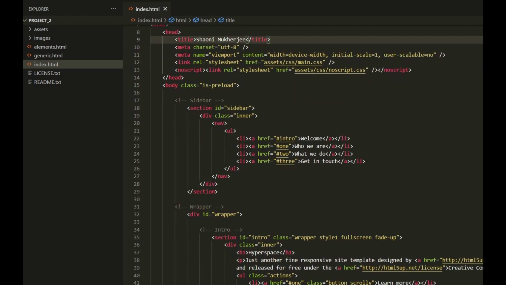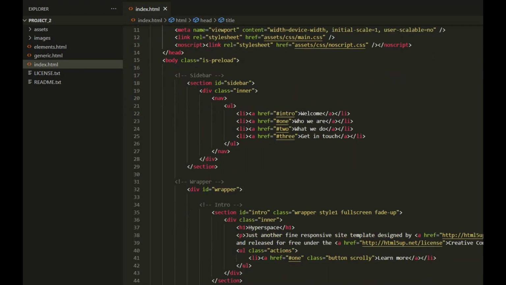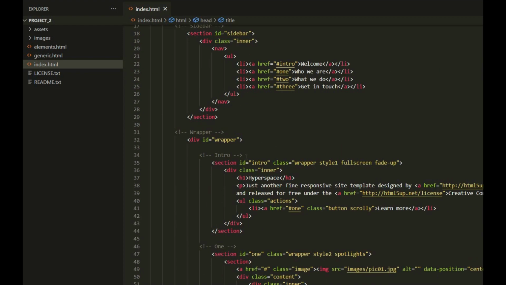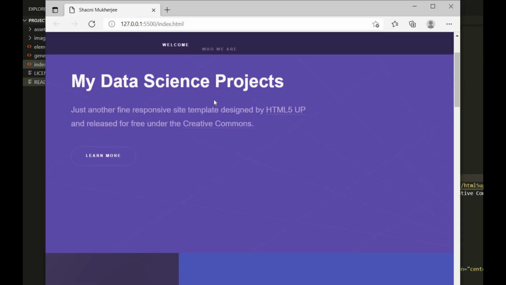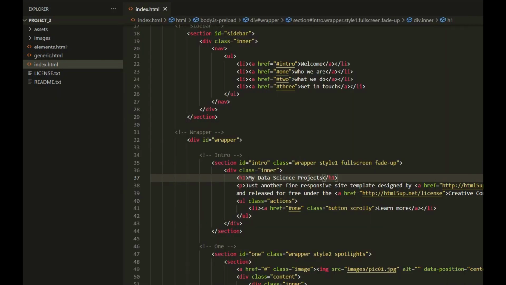Now the next thing we'll do is, we are not going to change anything here as of now. Let's see where the hyperspace is. So here is the hyperspace. You can mention it as my data science projects. Yeah. Control S. Yes, it is reflecting here, and here is some description about it, so you can write it as